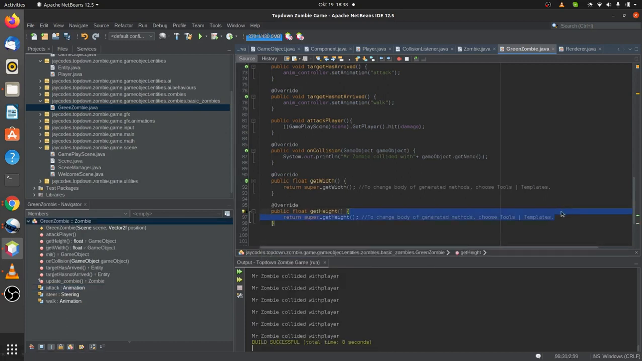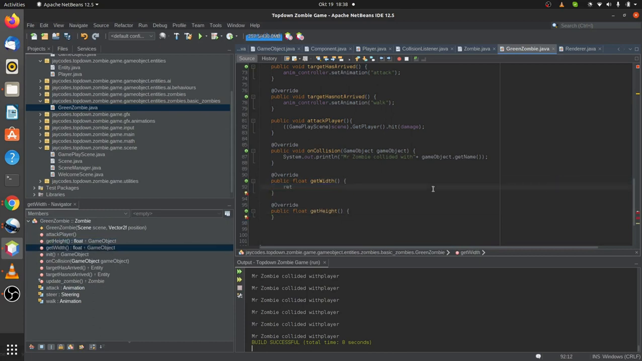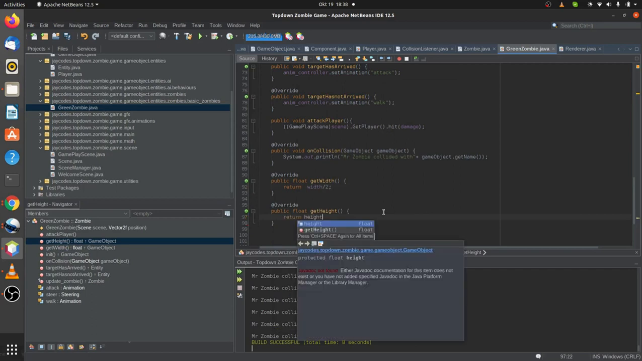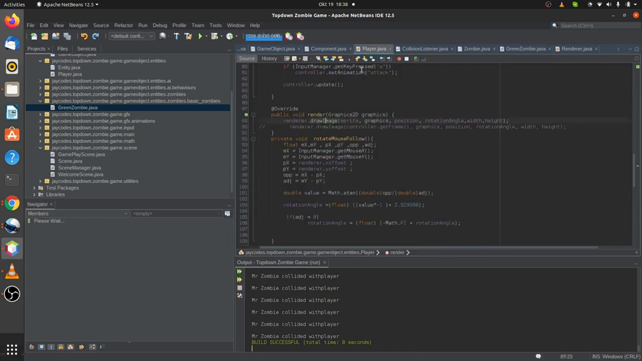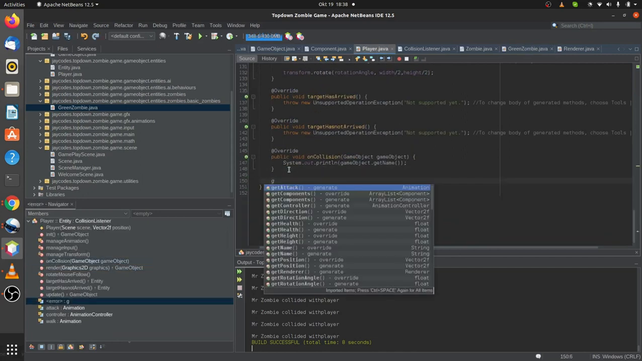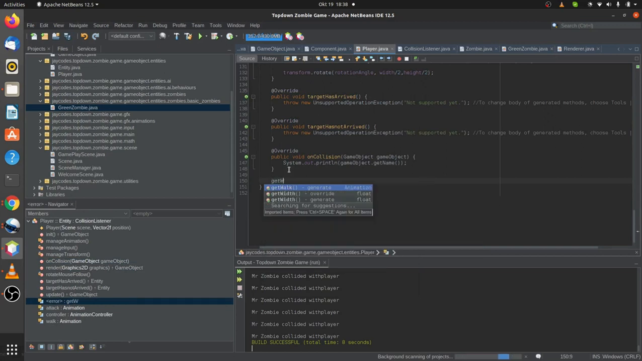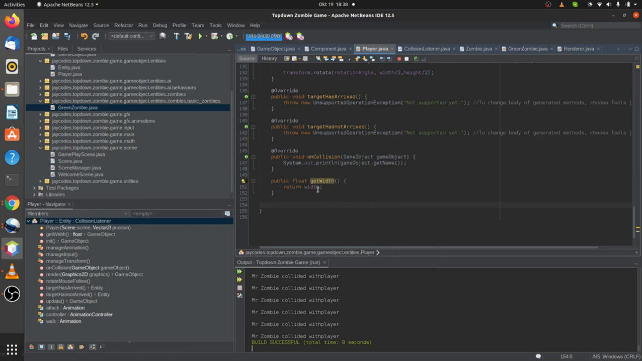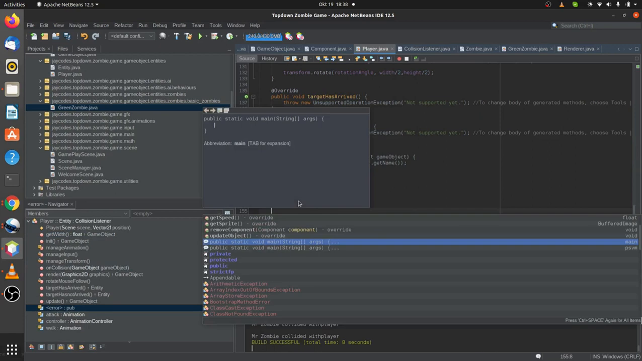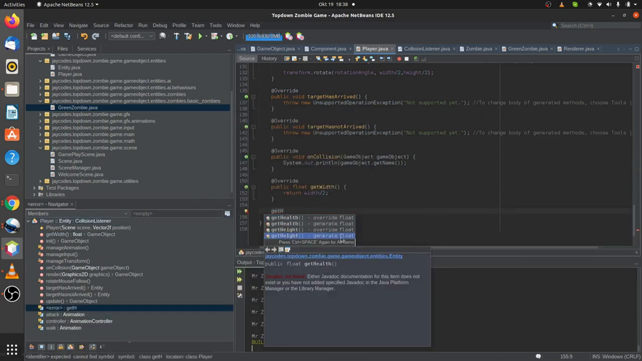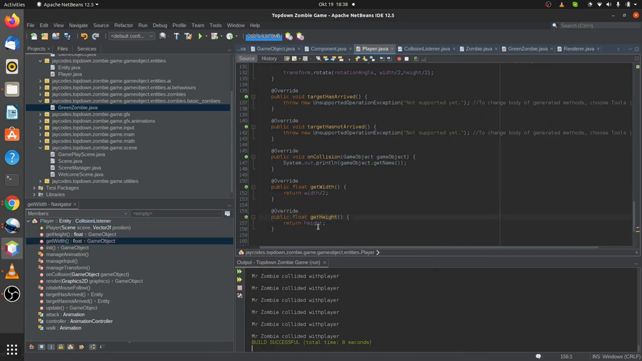I want to override this, and instead of returning get width, we simply want to return width divided by 2, and return height divided by 2. We're going to do the same thing for the player. We're going to override those two, get width divided by 2, and add the override. You don't really have to, but it's good programming practice. I'm going to add get height, add the override, and divide by 2. And if we run now,